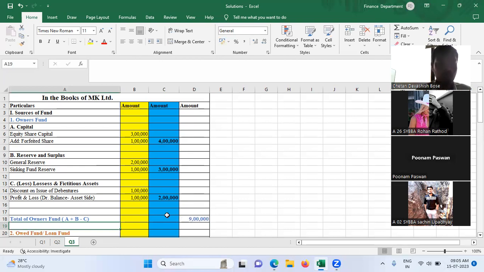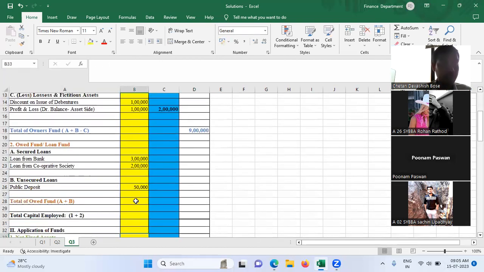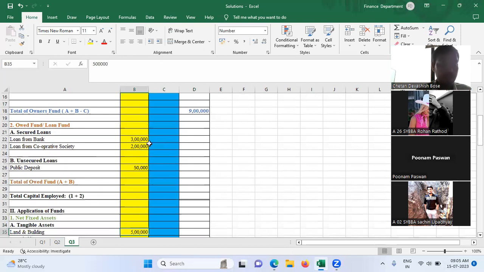Then let us go to owner's fund. What is the total of secured loan? Total of secured loan is